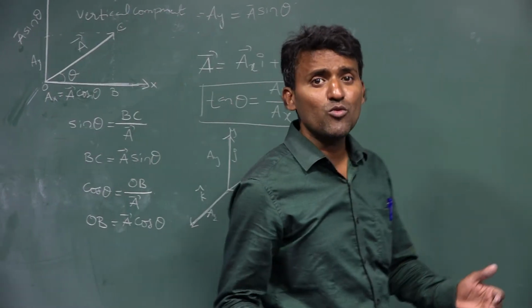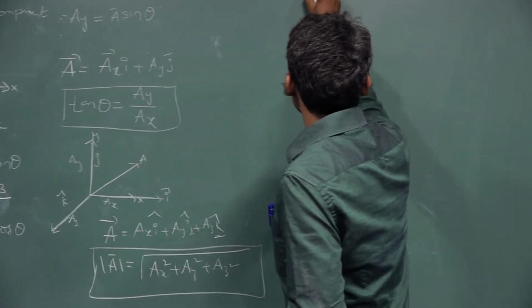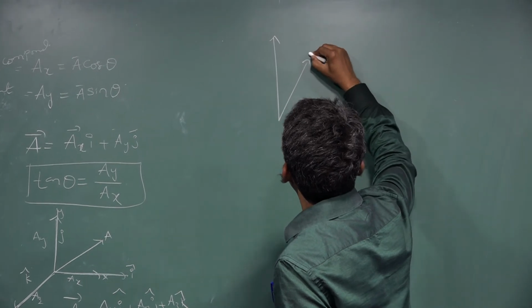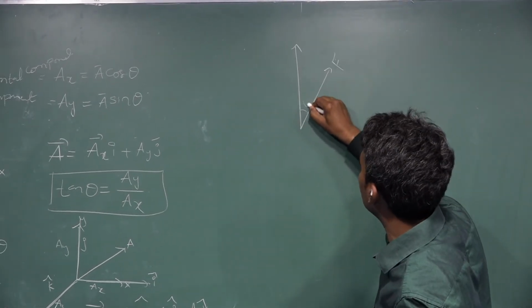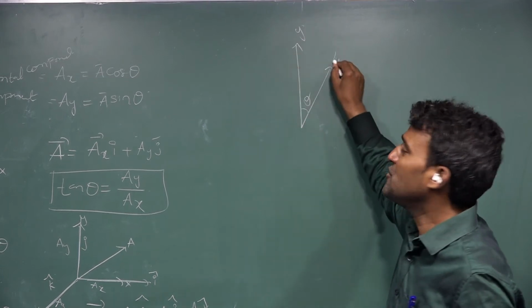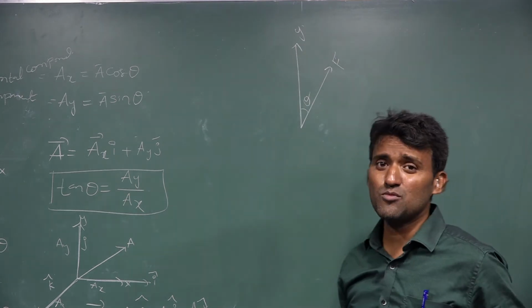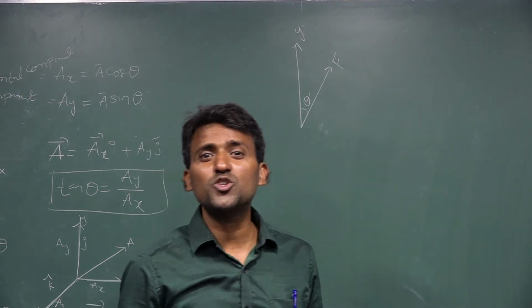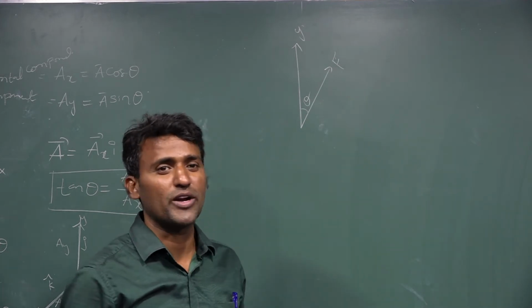For example, I will give one more example for you. Now I am taking a 10 newton force. Otherwise, one force F is making an angle with the y-axis. At that moment, how will it be resolved? Again, F can be resolved into two components. One is the horizontal component, and one more is the vertical component.